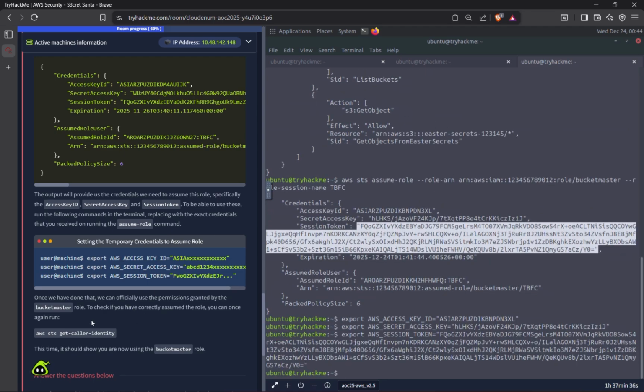And what we're gonna do is, once we have done that, we can officially use this permission granted by the bucket master. To check if you have currently assumed the role, you can once again run